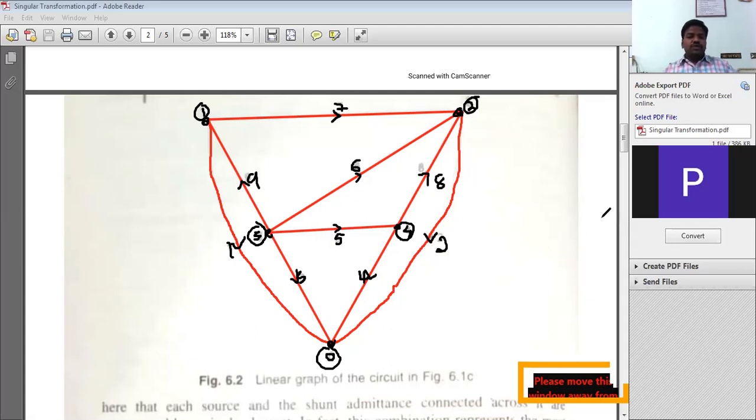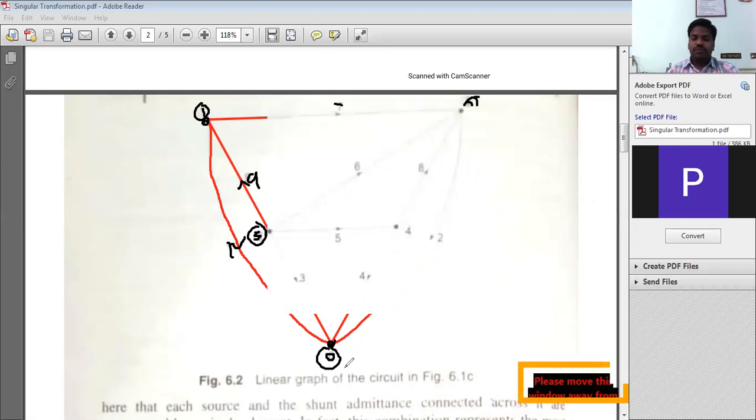So this is the network, a simple linear network or a graph, which is directly obtained from the simple power system network. So in this particular graph, you will have a total of 4 nodes by excluding that reference node, right? So that reference node is equal to 0. So how many elements are there? So a total of 9 elements are there. Element is nothing but simply a line segment which connects two nodes.